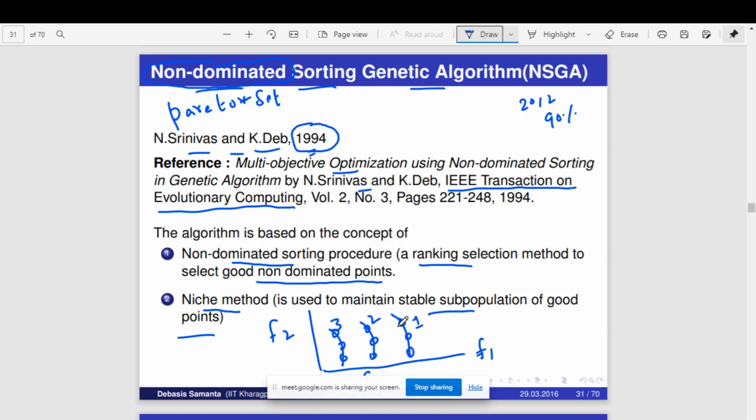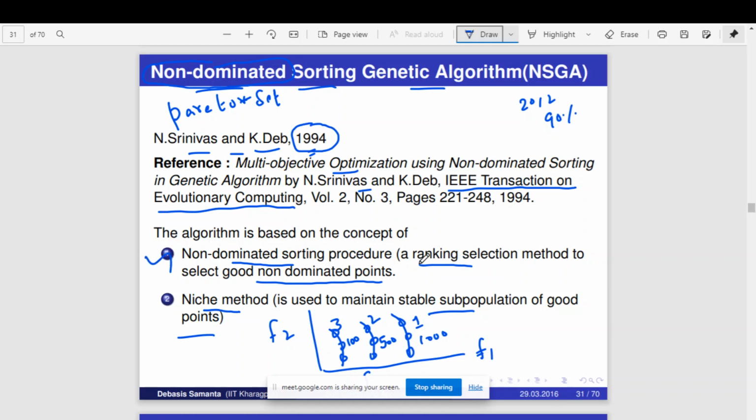So for example, you may give all these the fitness value 1000, because they are the fittest, rank 1. For all these, you may provide a fitness value 500. These three solutions are non-dominating. Okay. And for all these three solutions in the rank 3 category, you may give 100. That means every solution in this set is equal, every solution in this set is equal, every solution in this set is equal. That is what this first step is going to do.